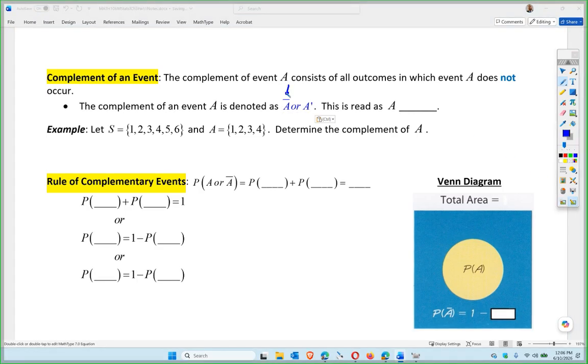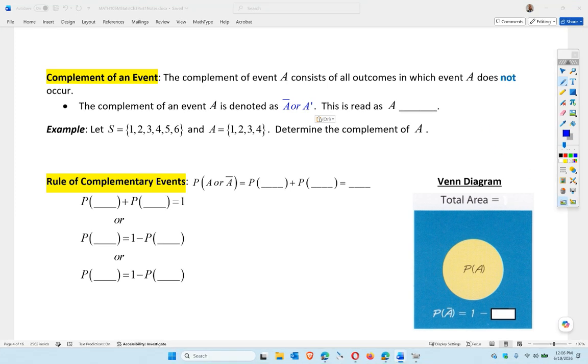This one. This is the old notation, okay, which is useful if you're typing on a typewriter or an Excel or something because you can't get that bar above it. But this is the modern notation, right? So it's read as A not, essentially. Or I'm not an A, or whatever the case may be. Okay, so